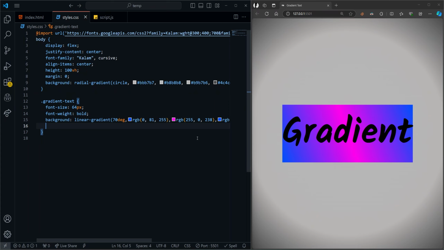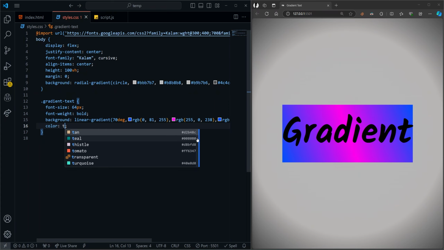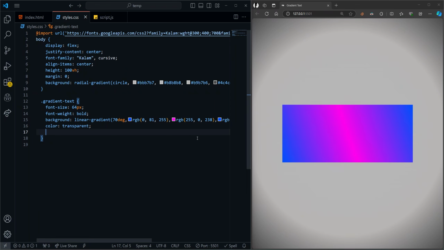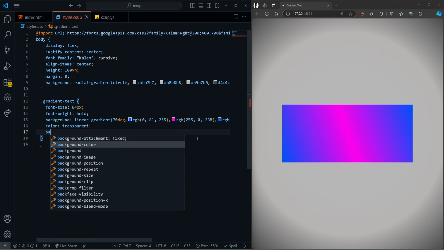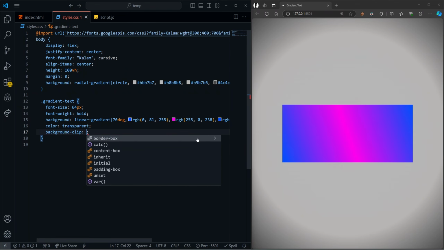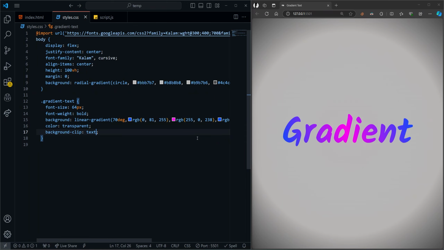Next, we need to make the text color transparent to ensure that the gradient fills the text properly. Now we set background-clip to text to ensure that the text extends the background. This allows the background to be clipped to the text shape, making it appear as if the text itself is